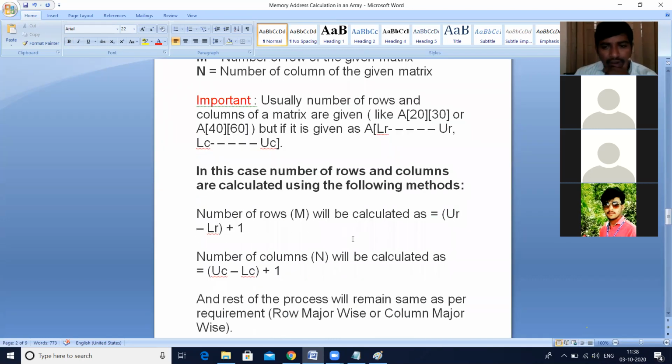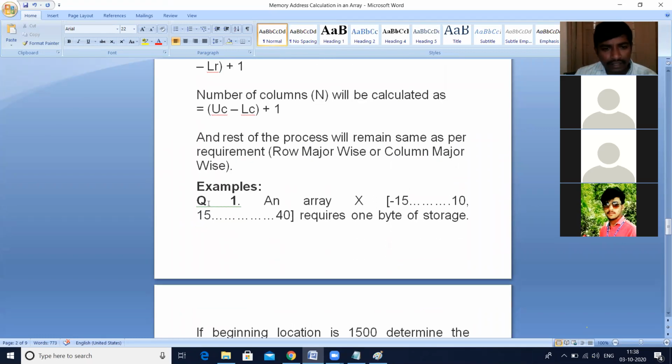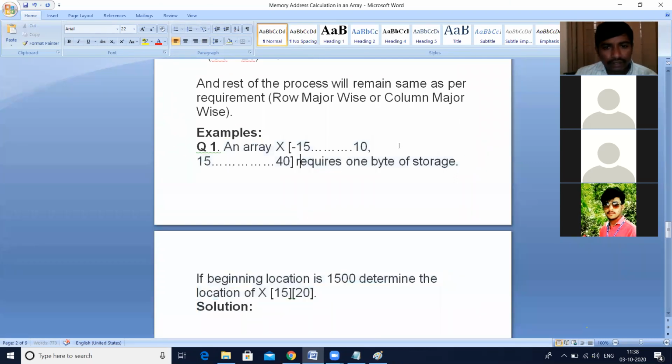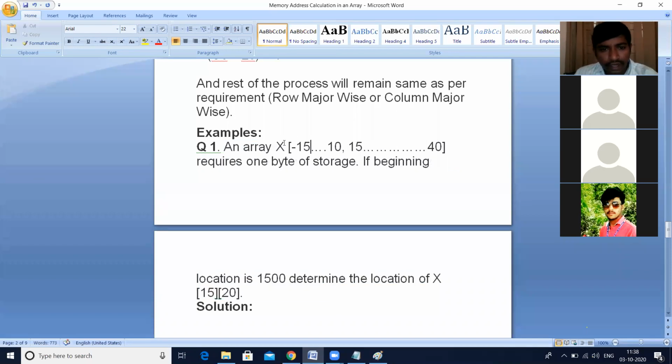So one example also here. Mostly if we get a problem, we will get it like this. This array is represented like this: minus 15 dot dot 10, 15 dot dot 40.